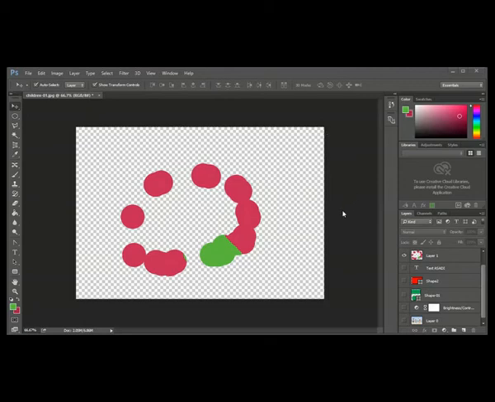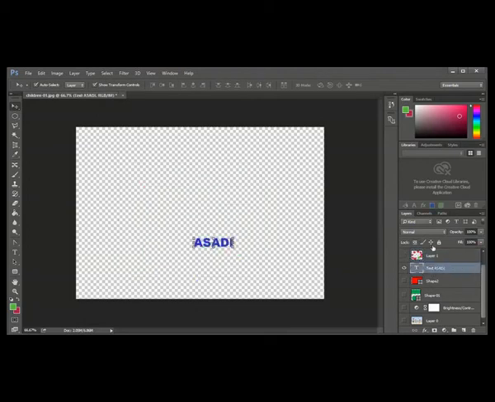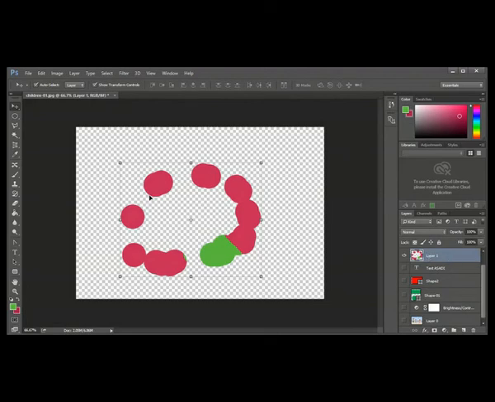Now let us see the locking system. Let me select one layer. I've selected this layer, and all these lock buttons are on. This lock button will open only when you select a pixel layer, an image, or a pixel layer like this. It will not work when you select a text layer. If you select only a text layer, it may not work, all the buttons here. So let me select one pixel layer. In this pixel layer, you can see there are some brush strokes, and this area is completely transparent.